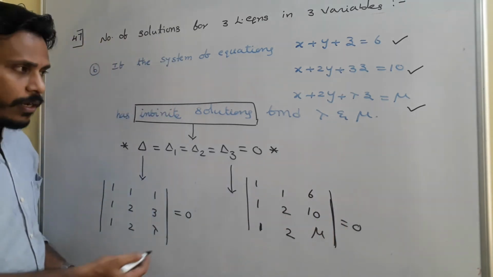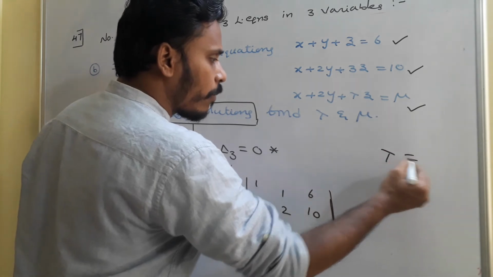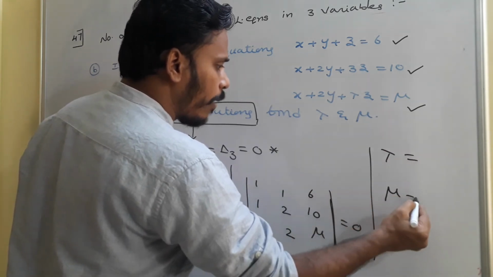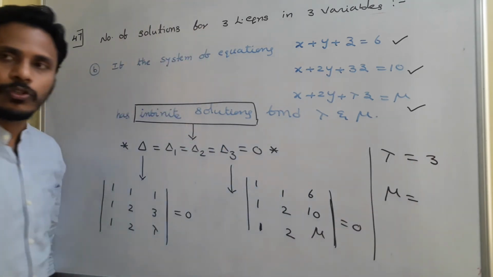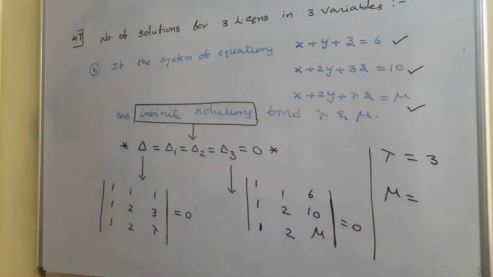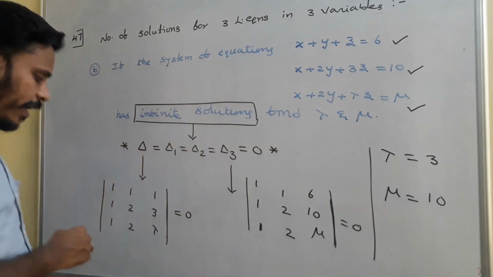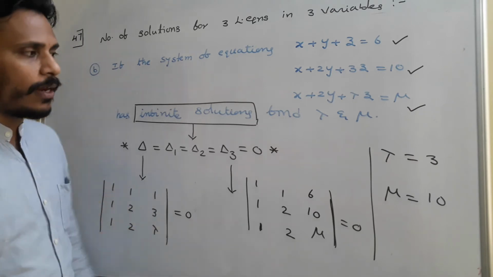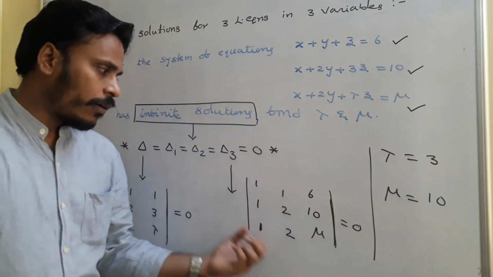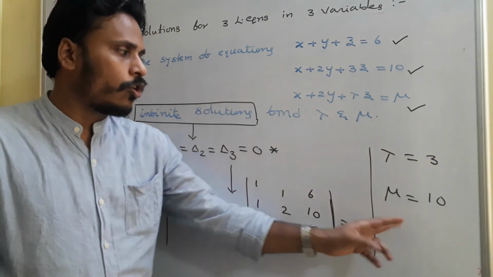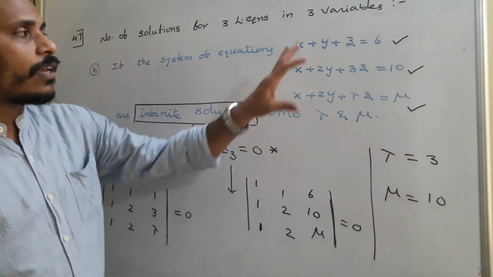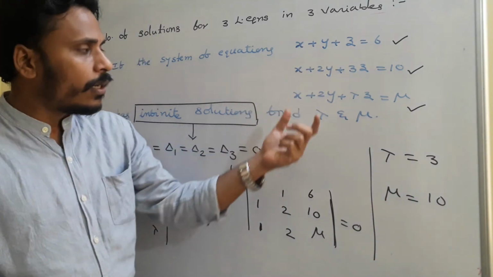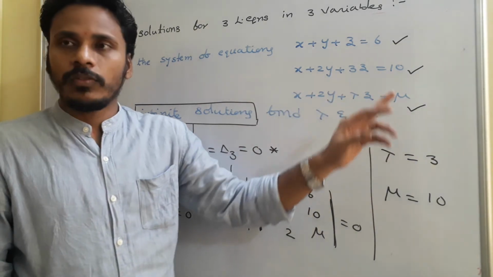Okay, so we are very comfortable in finding the determinants. So find the determinants and equate them to 0. From there you will get lambda and mu. If you solve, lambda is equal to 3, and what about mu? Try to solve. At the end, after writing the expansion for this determinant and finding it in terms of lambda, equate it to 0, you will get lambda equal to 3. And in the same way, find this determinant in terms of mu, equate it to 0, you will get mu equal to 10. So at the end, if the given system has infinite solutions, then the lambda value is 3 as well as the mu value is 10.